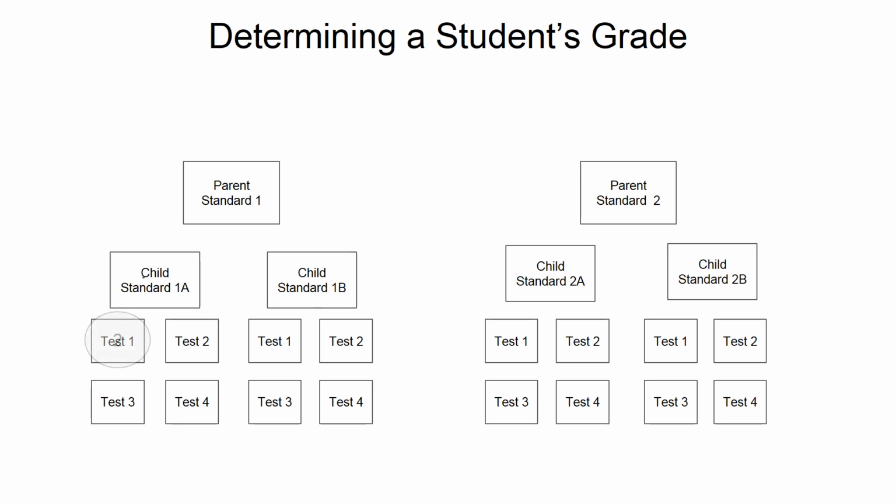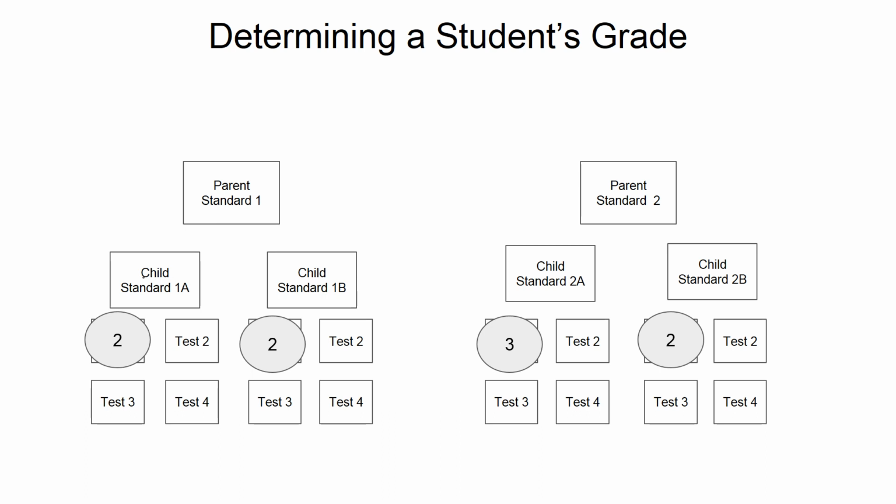In our example, after taking test 1, the student receives the following scores on child standards 1A, 1B, 2A, and 2B: a 2, a 2, a 3, and a 2. These are the scores you will see in Infinite Campus indicating the student is performing at the level of approaching proficiency on child standards 1A, 1B, and 2B, and the student is at the level of demonstrating proficiency on child